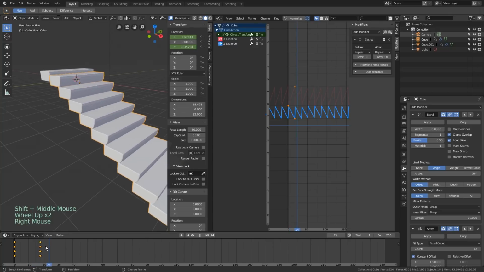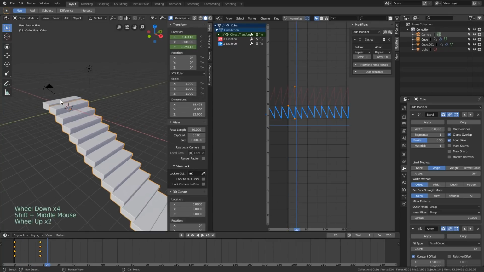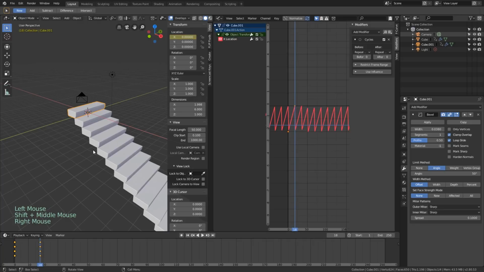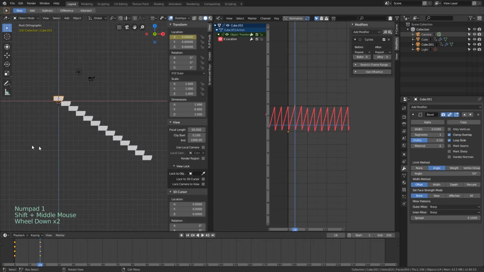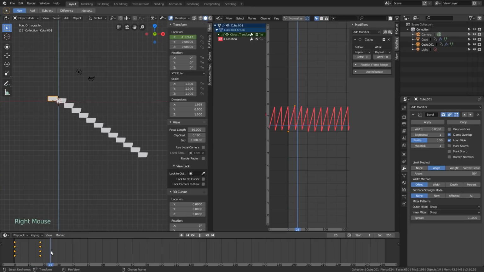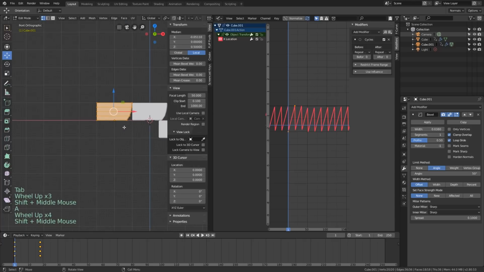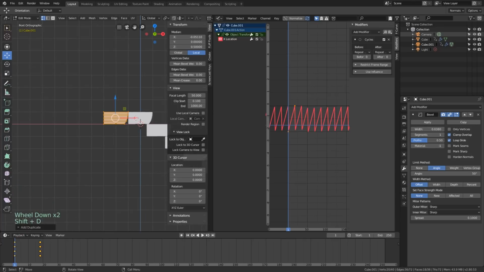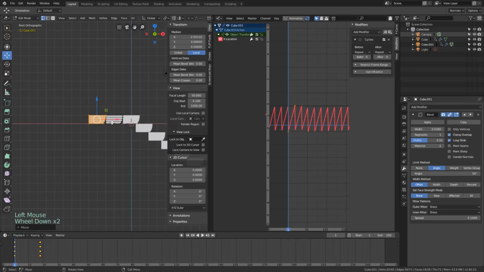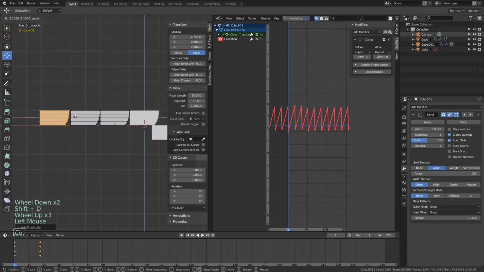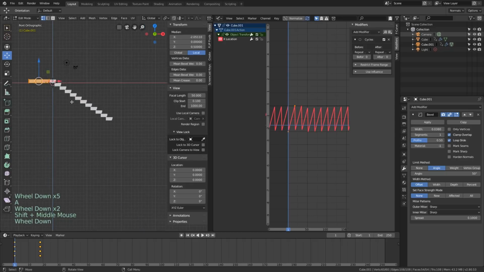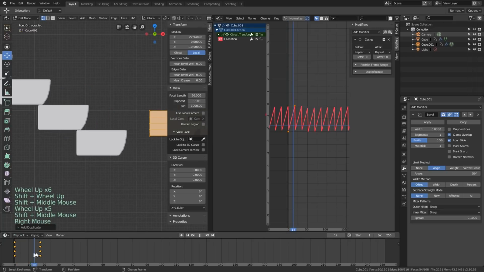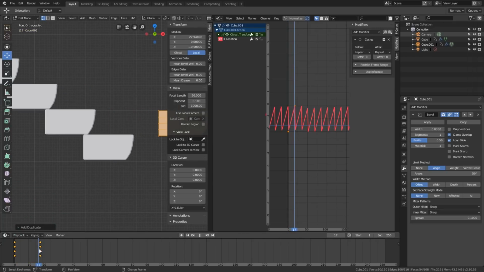So that's good. But we need to do the same thing at the bottom, and we need a few more steps at the top. Since it would have the same motion of just moving in the X, what I can do is just keep it all in the same object. So I'm going to press A to select everything, Shift D to duplicate it, and then just drag that over 2 units. And then let's do another one for good measure. And then at the bottom, we're going to have the same thing. So I'm going to press Shift D, drag this down there, and then let's make sure this gets into position properly. So that would end up right there.